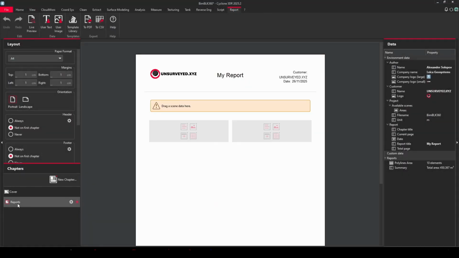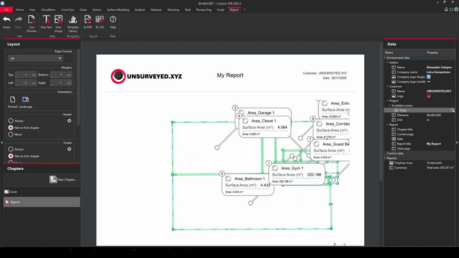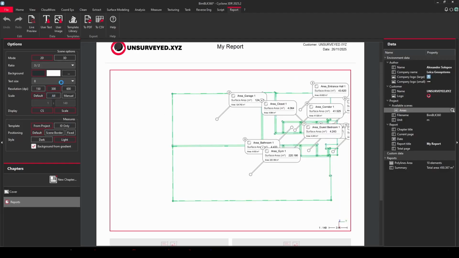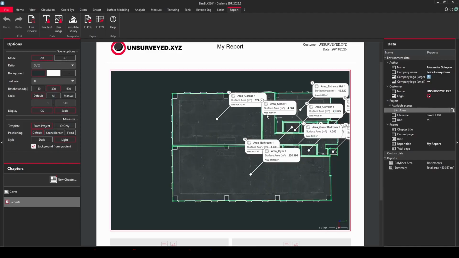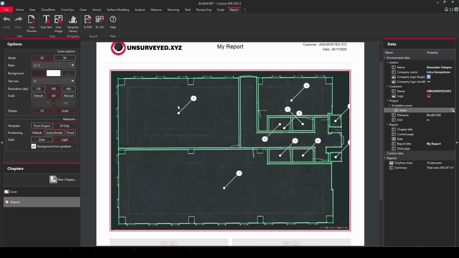Here script prepared for us a new page. We can just drag and drop our view to that section. We can change the orientation for the page. Then if you would like to edit this view, you can select it and change background, change the scale, and you can also change the style of these labels. So I prefer to use ID only here in this view. For the scale I prefer to select all, and position for ID label, for labels I prefer to select screen